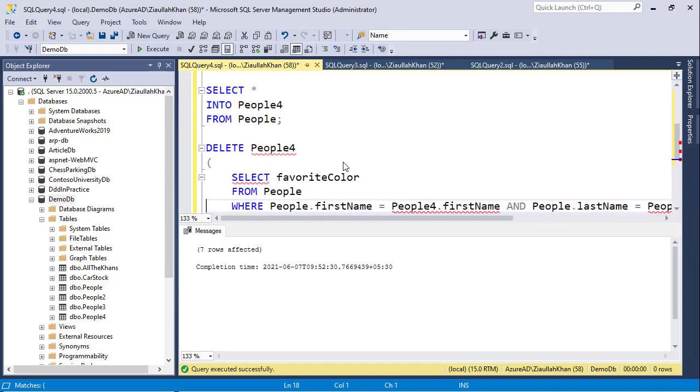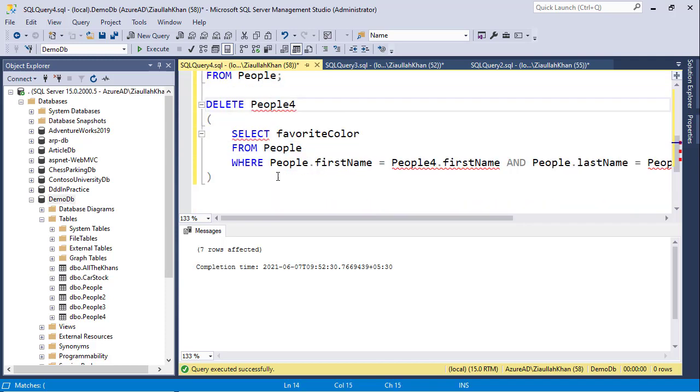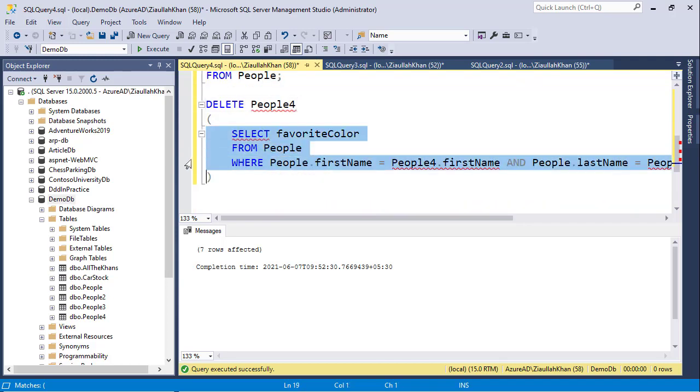So with this, it is going to come back with a list of favorite color. If I run this query,